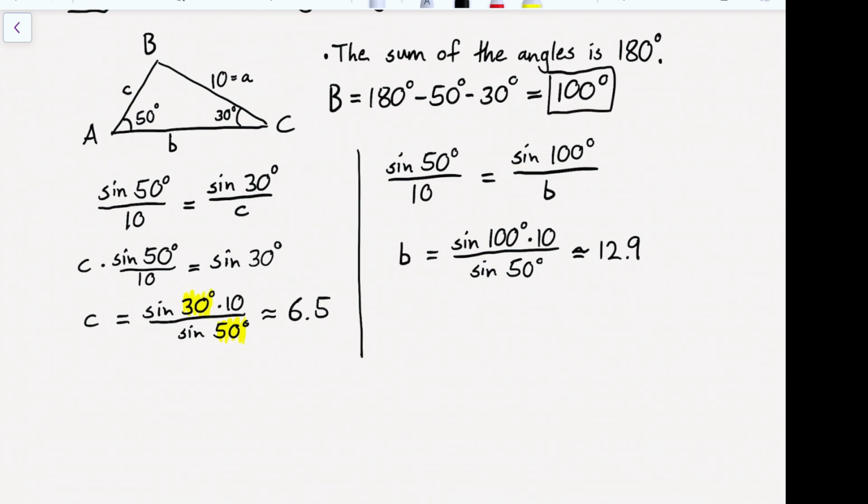We provided the missing angle measure, and using the law of sines, we were then able to provide the missing side